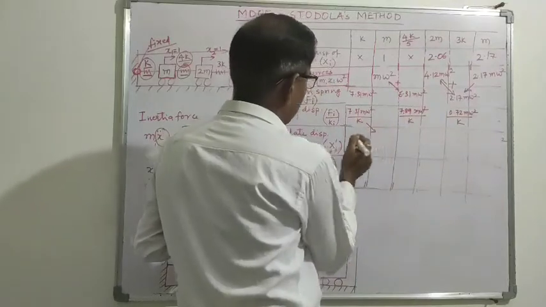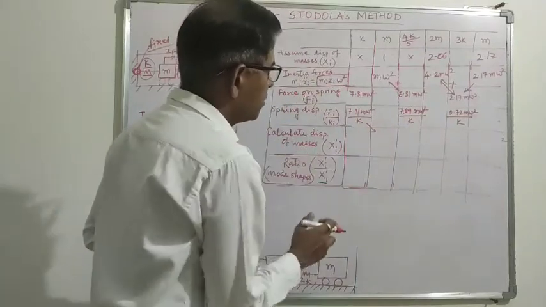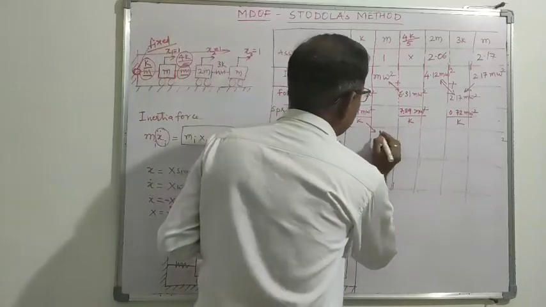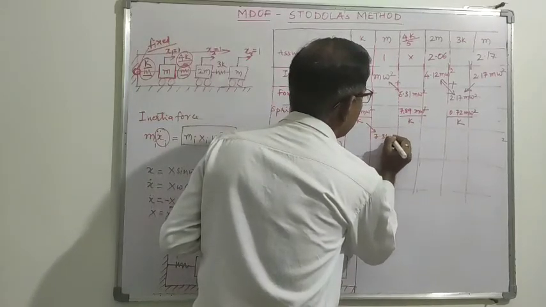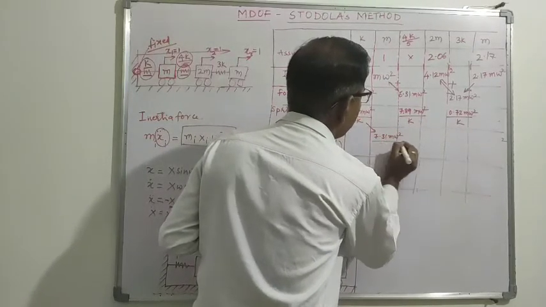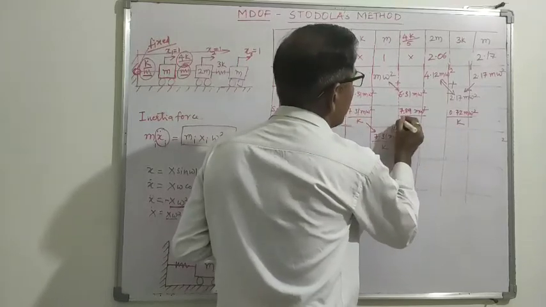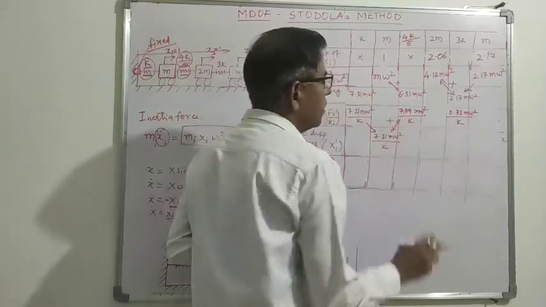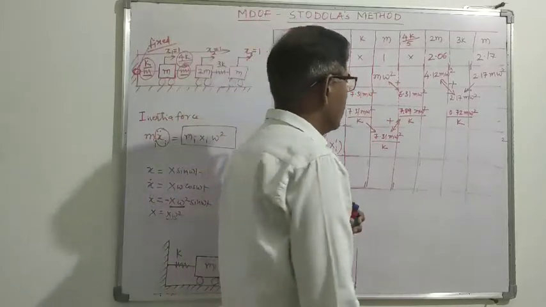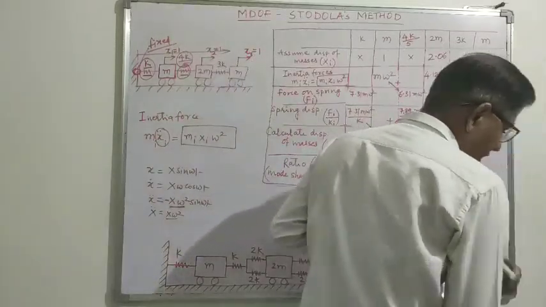Now the displacement of the first mass will be the displacement of the first spring. So 7.31 m omega square divided by k. Now these two values will add together to find out the displacement of the second mass. So that is coming out to be 15.2